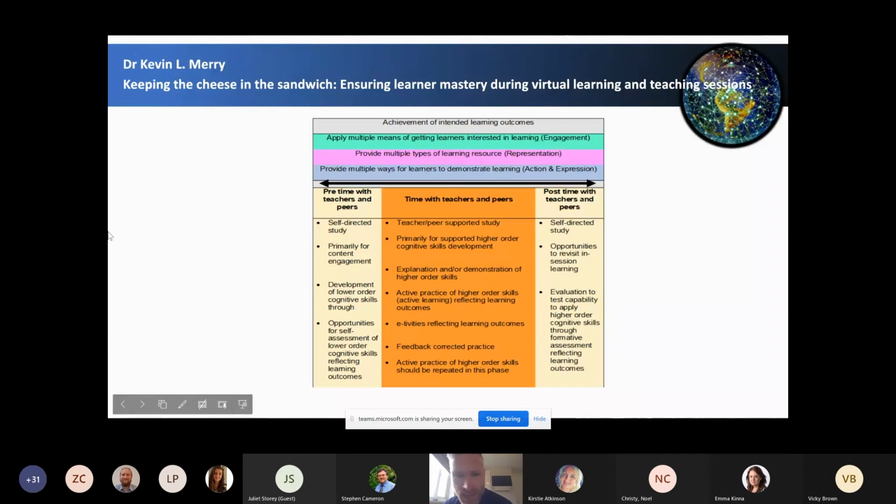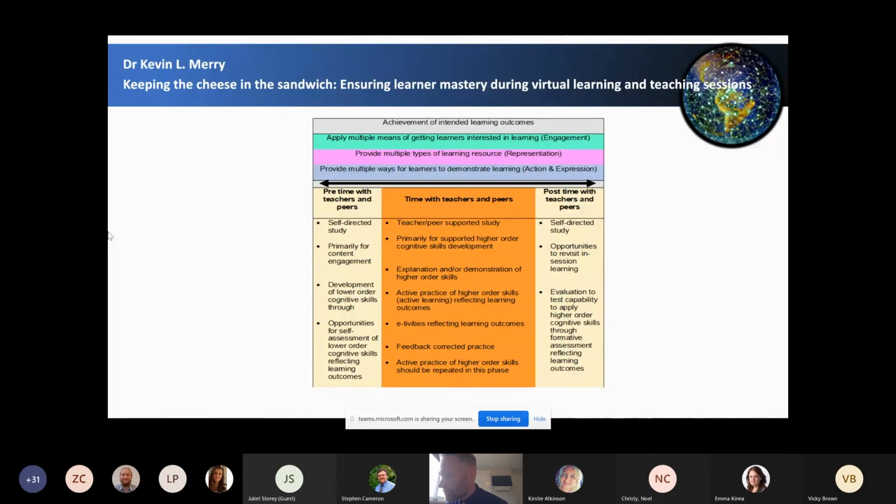And so this is the cheese sandwich. As I mentioned, it's an instructional design approach that supports mastery by ensuring that the higher order skills are developed with teacher and peer support. So the orange strip in the middle is the cheese in the sandwich. This is where that peer and teacher support happens, which is where we really work on those higher order thinking skills to make sure that students practice them, understand them, get feedback on them, and they're able to take advantage of that time that they spend with their